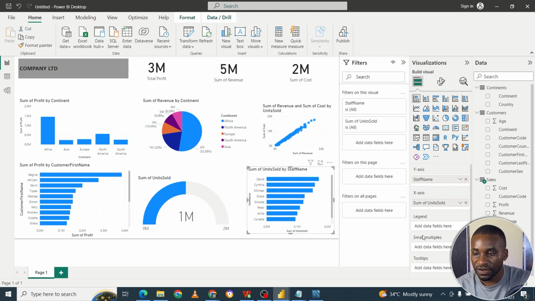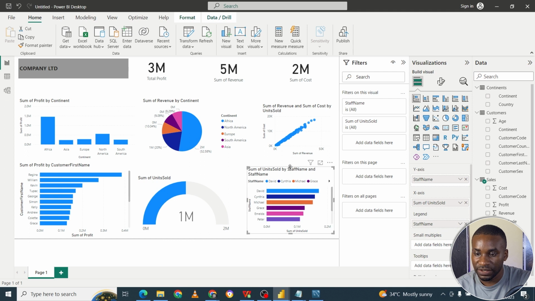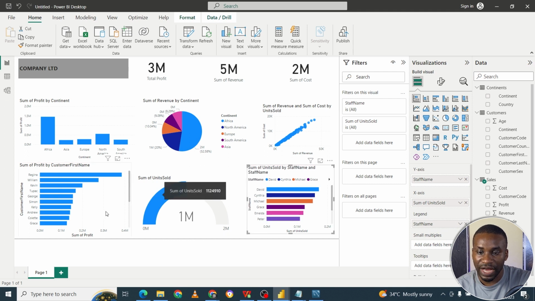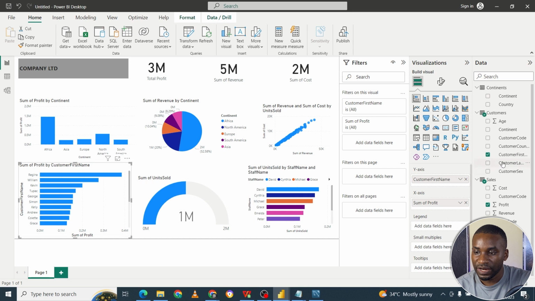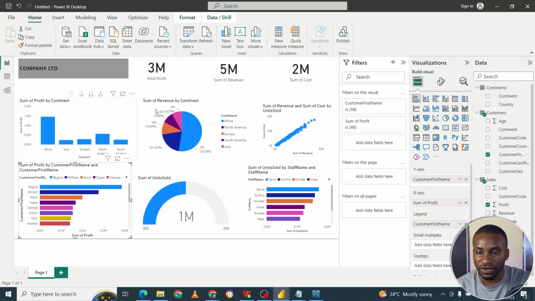You can add lots of things here, like let's say the legend. I'm going to take staff name and add it on the legend to make it so that we can see clearly. Same as you could add the customer name here, customer first name as a legend. So there are lots of things you can do, but I don't want to make the video too long, and to show you how you can get a simple dashboard like this, but has lots of information and it's really well organized. So if, for example, we want to see, this is Africa, we see everything here,